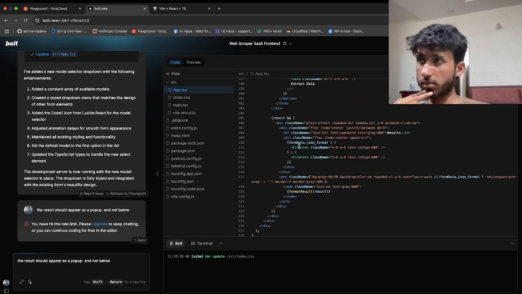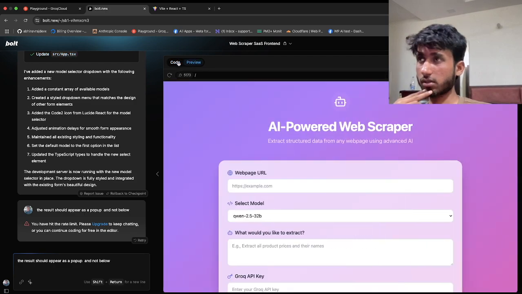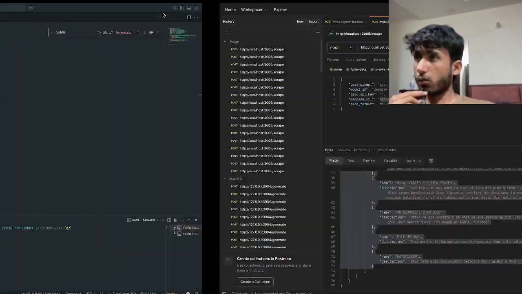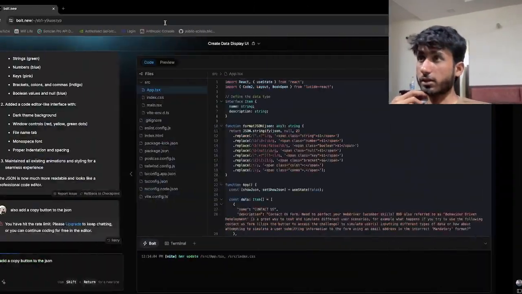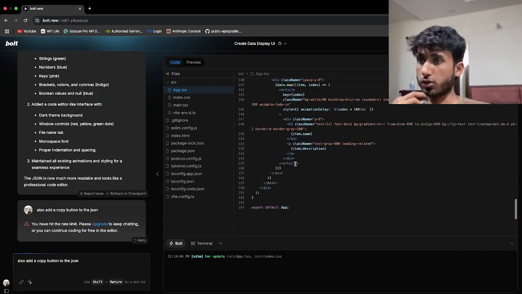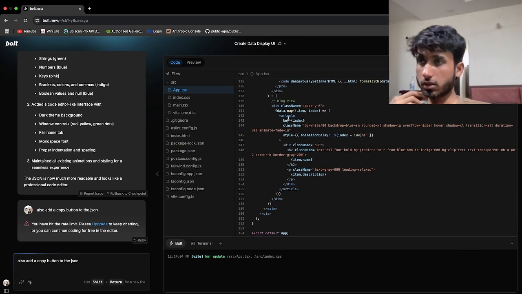Span class name equals. So which code is this? Okay, it is this code. We need another one. Where is the second bolt.new? Yeah, over here. We need to make sure we have copied everything right. So yep, we have